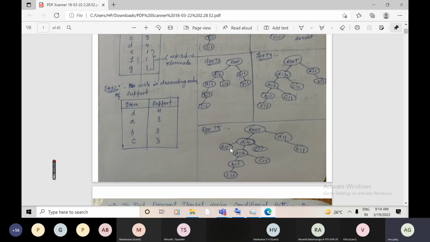And what we have done for transaction number 5, we have connected B to D, and here your support of B is 1, but you have to increase the support of D by 1. So if you see finally,